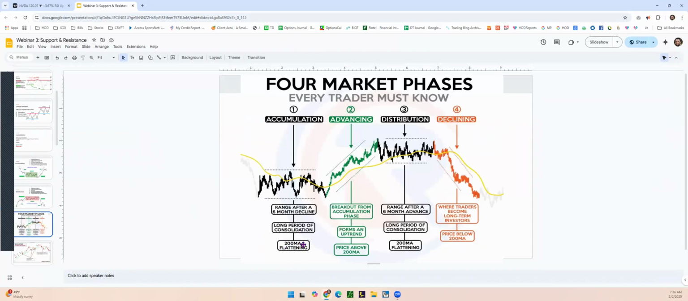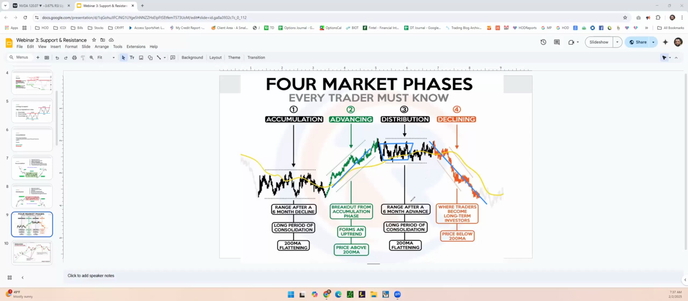It's called the 200 moving average. Advancing means it's actually in that bull trend. It's finally breaking out from the accumulation, right? We're moving up. And now distribution. Now people are taking profits. And now the decline, right? So this area, it says a distribution area, which I think we're kind of leaving right now